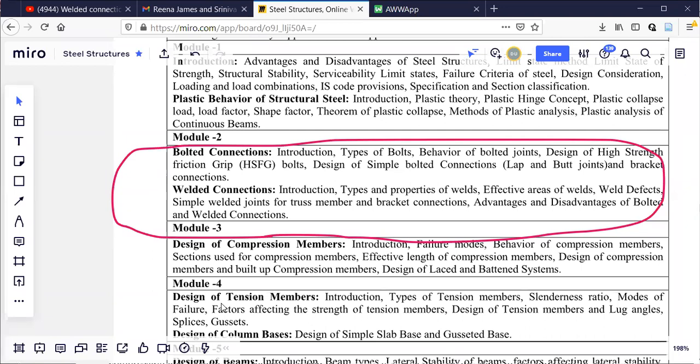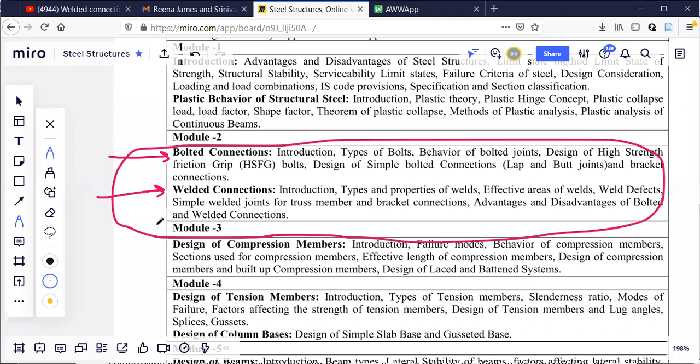I can join two members either by using bolts or by welding them together. You can see this model is the same: this part is a bolted connection, and this one is a welded connection.